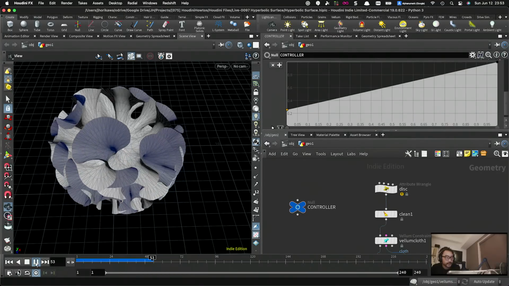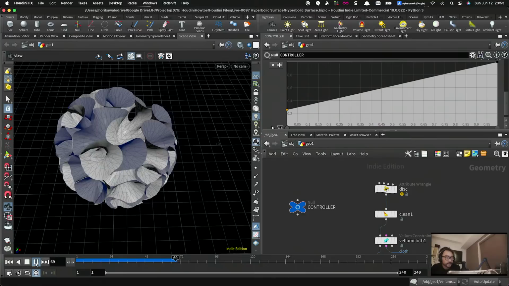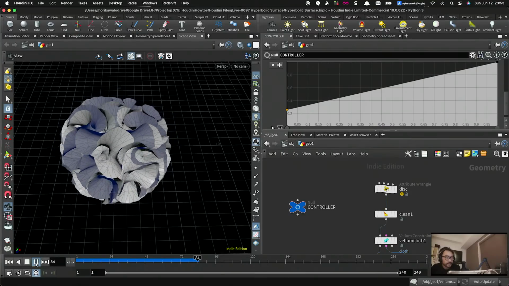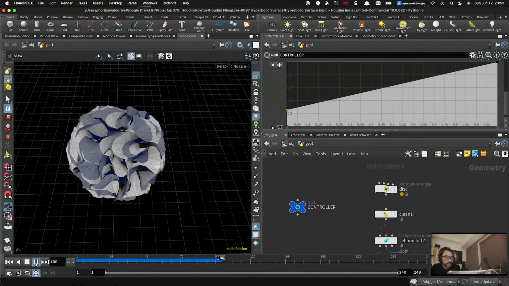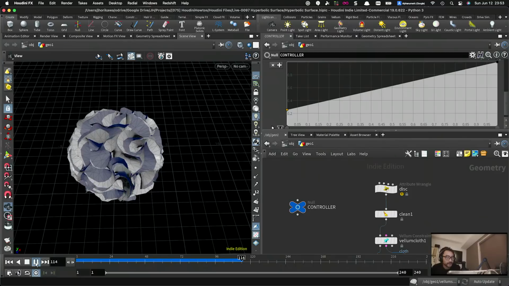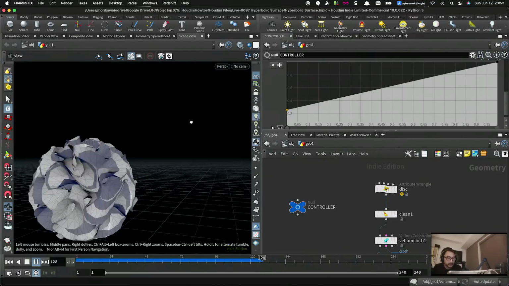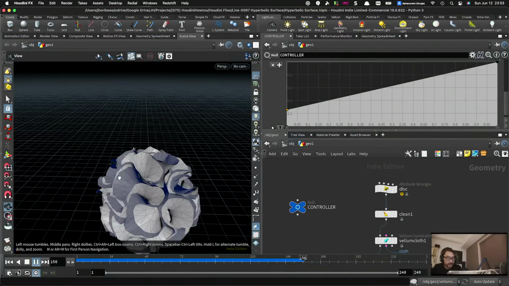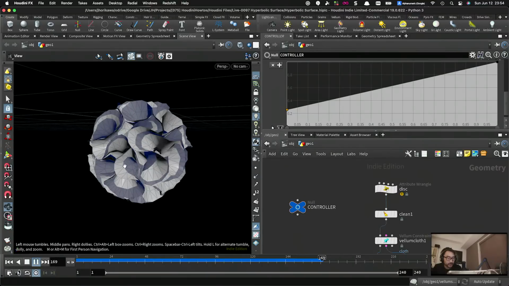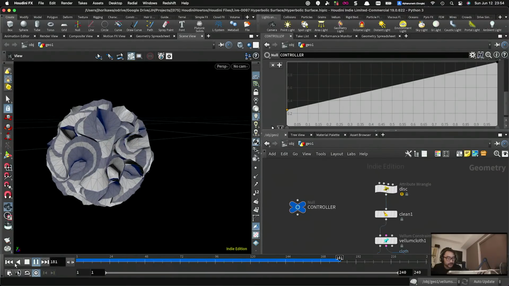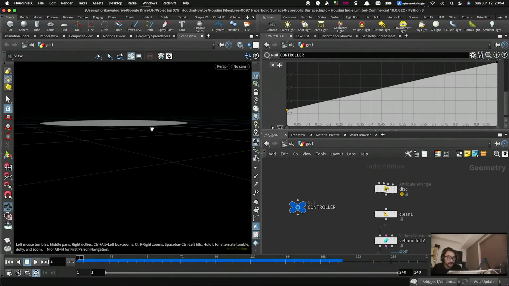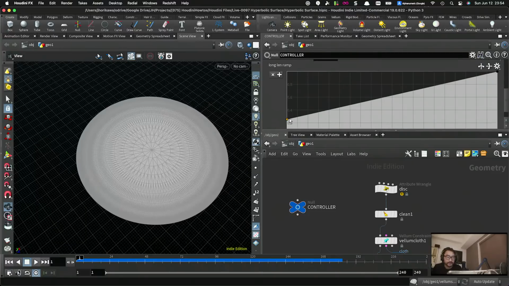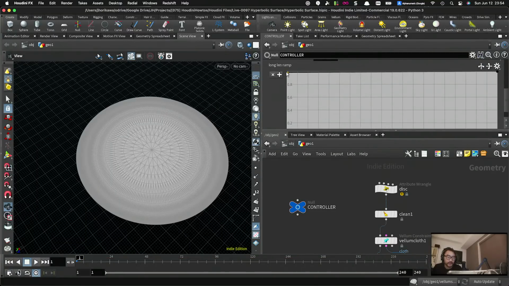Now do I see any changes? It's been squashed for sure, but other than that, nothing too special. Makes it more like a ball. Okay, that's fine. Now if I make it the other way around,